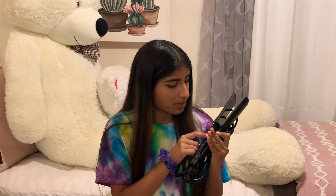The curling one goes up to 450 degrees, and then the straightener also goes up to 450 degrees. And with these products, I don't feel like they burn my hair, although obviously they are doing a lot of damage to it, but I don't feel like it looks that bad, and it's pretty soft. Something I would really recommend was coconut oil, because that I really felt a difference and it made my hair super soft. I just don't use it right now because I don't have any,